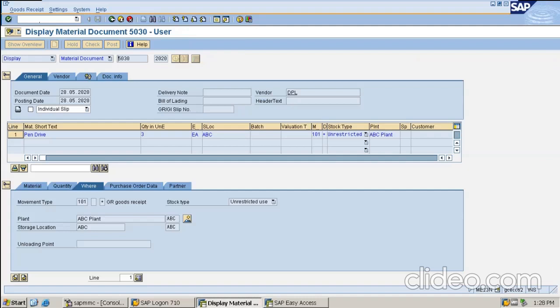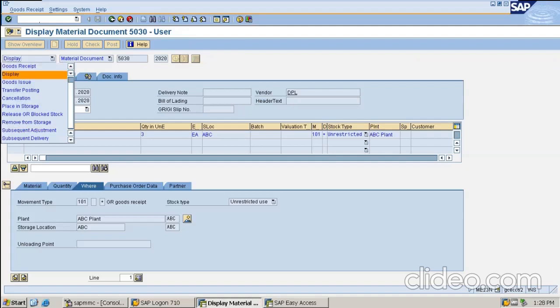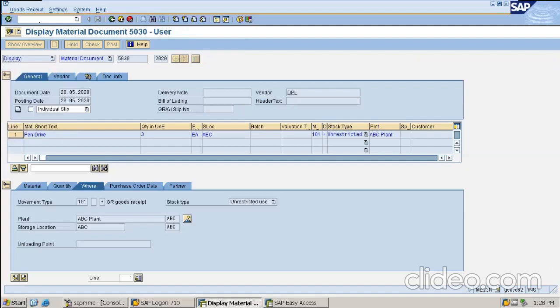You can come here navigating through PO as I did, or else you can directly use the MIGO transaction, where you can choose display here, choose material document, give the material document number and press enter. Thus you will come inside the MIGO screen.